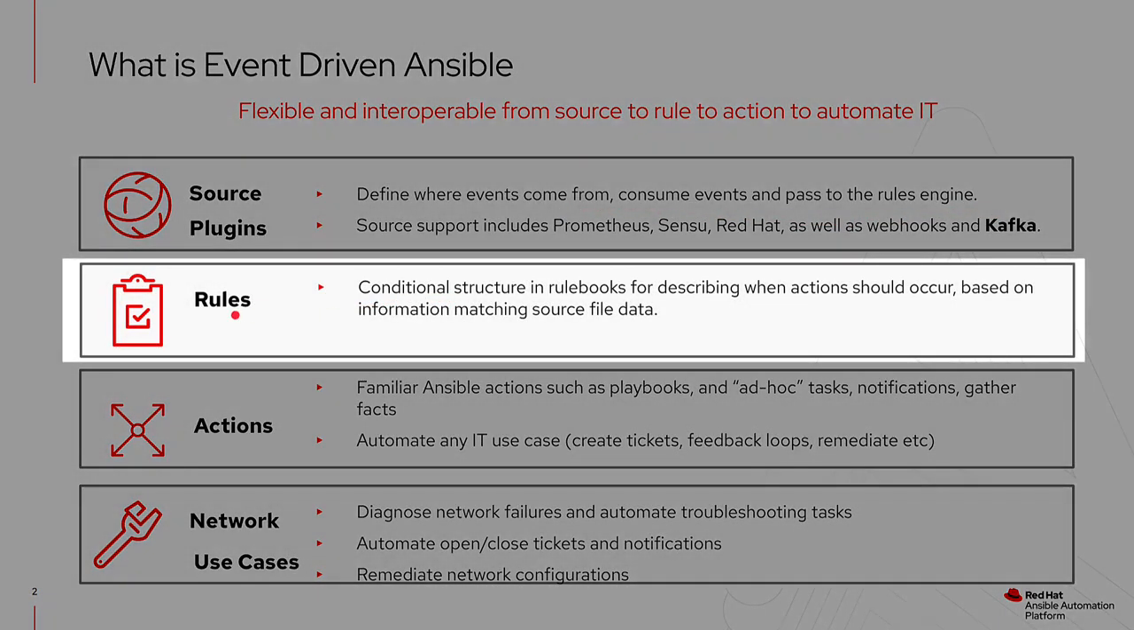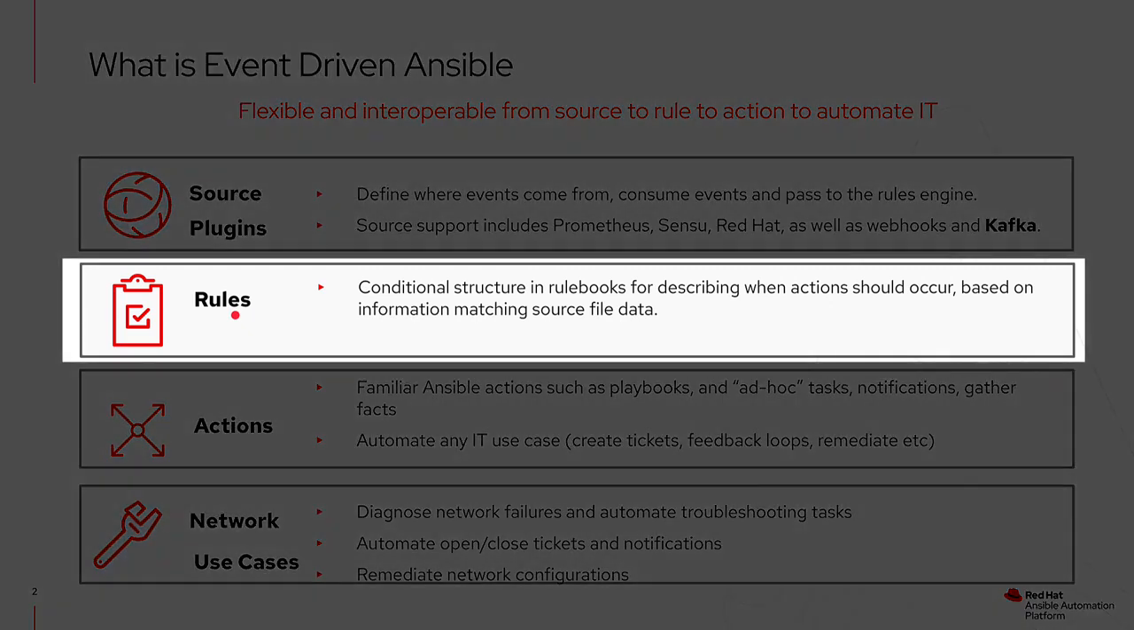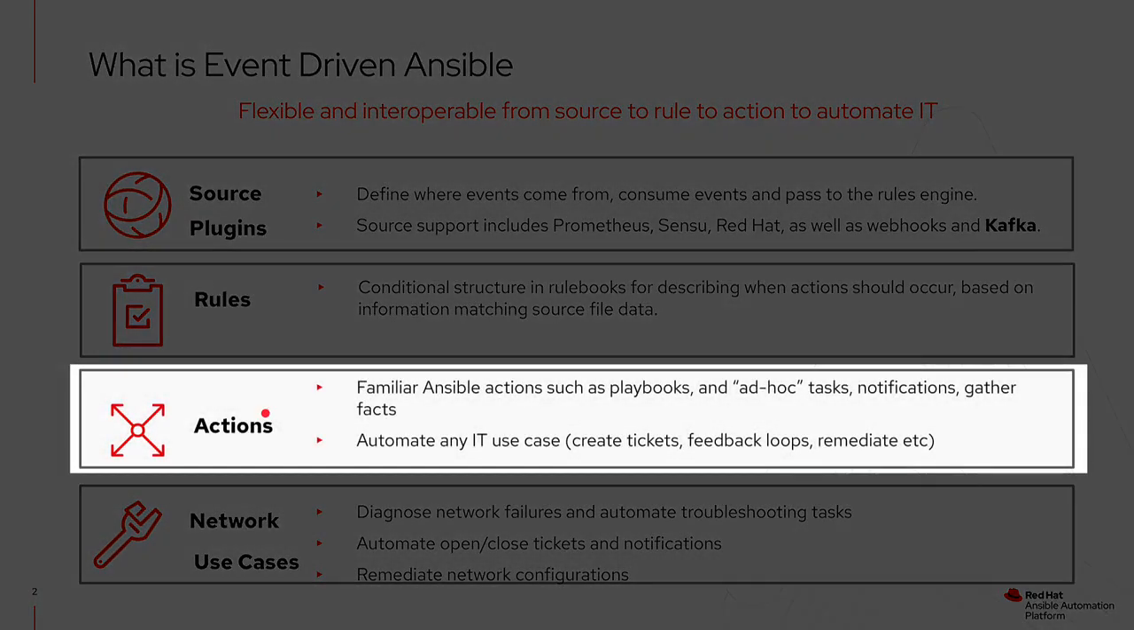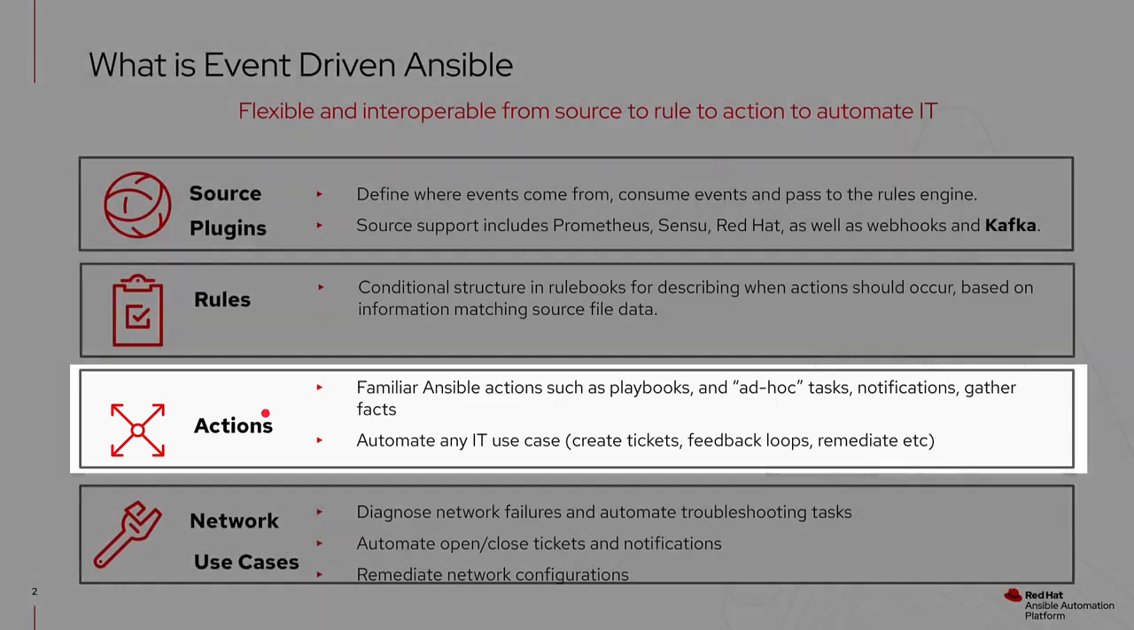Secondly, we have rules. Rules are defined in a rulebook, which is much like a playbook, but this is where we define a conditional structure to describe when actions should occur and what to do in those actions. The actions themselves are things like running a playbook or running a job template that triggers a playbook in the Ansible Automation Platform controller. Or more recently, we've even added the ability to trigger a complete workflow from EDA as an action. So these are things that we can do to automate responses, as well as opening up tickets, creating a feedback loop, and full-blown remediations to provide self-healing networks as an example,